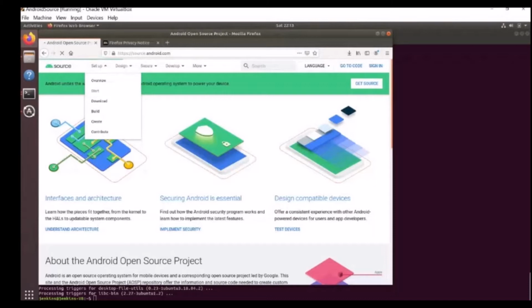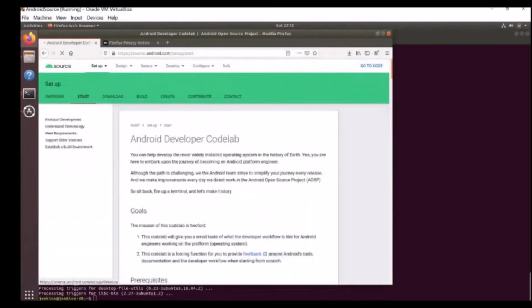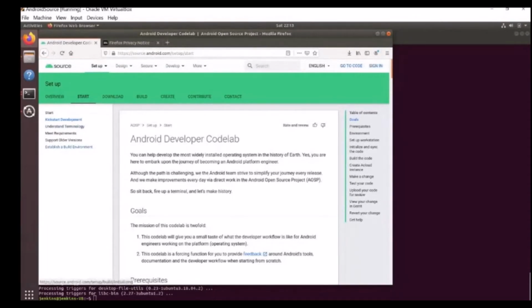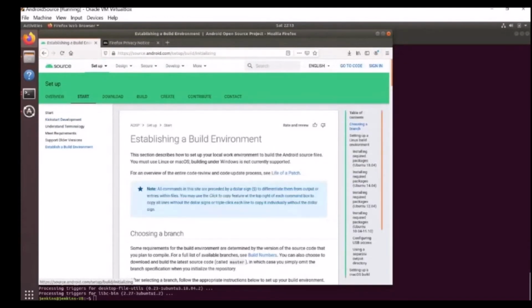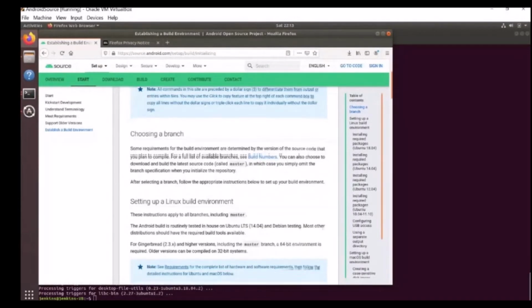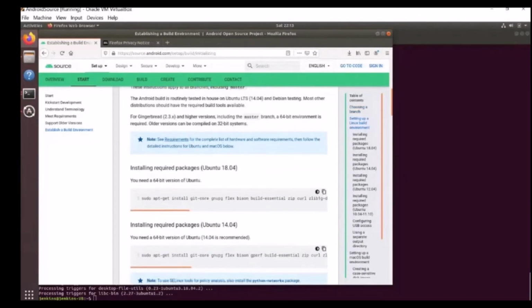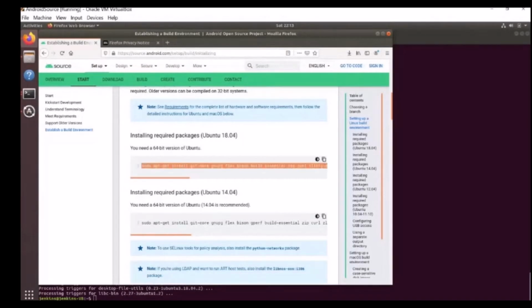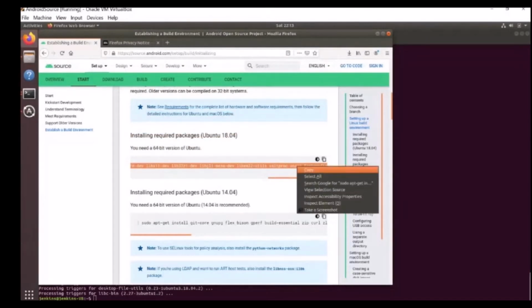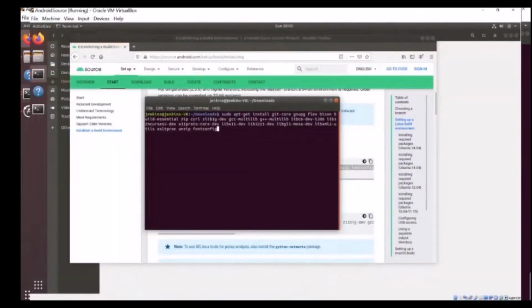The fourth and final step is to install the VM specific packages to support the AOSP build. To do so, navigate to AOSP web page, setup, click start tab, click establish the build environment, copy the Ubuntu 18.04 related packages, and execute the command in the terminal.